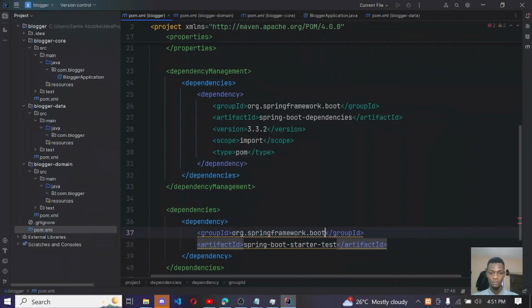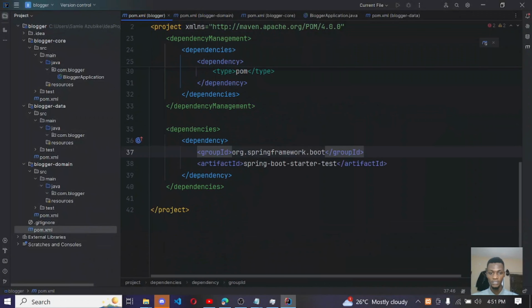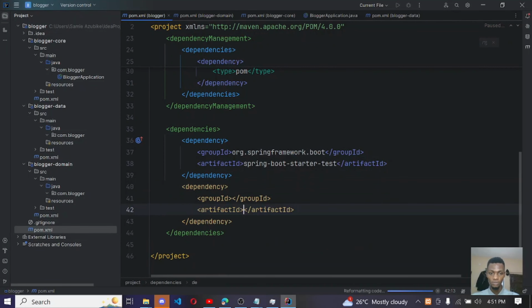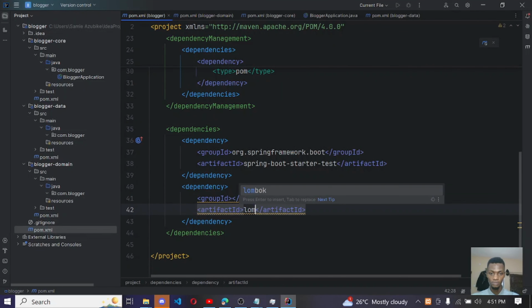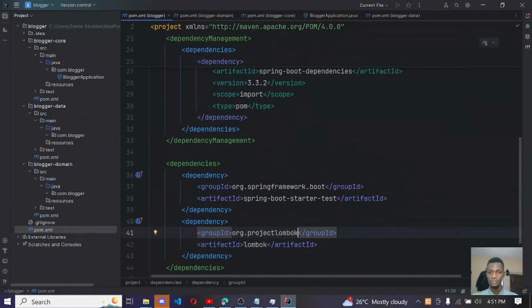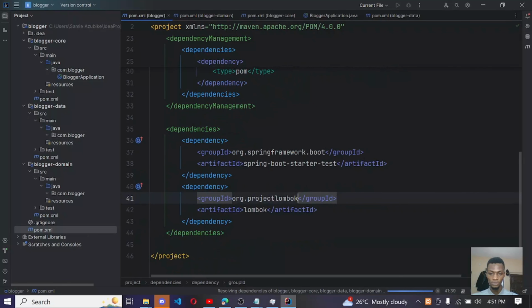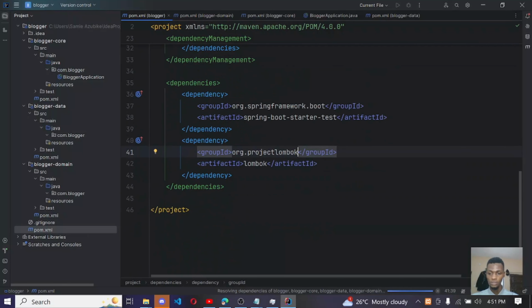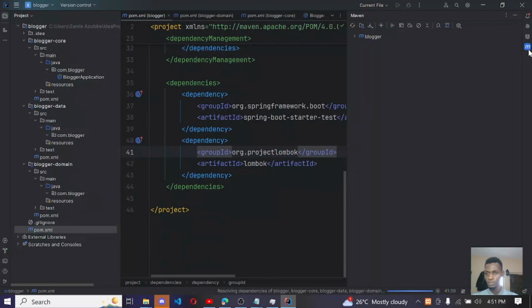So we want to have the Spring Boot starter test, and also I want to have Lombok. So Lombok. So these are the two I want to have here. So refresh your module, and when you open this Maven tab, you can see that we have the main project